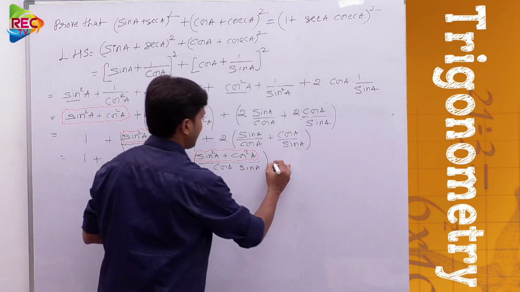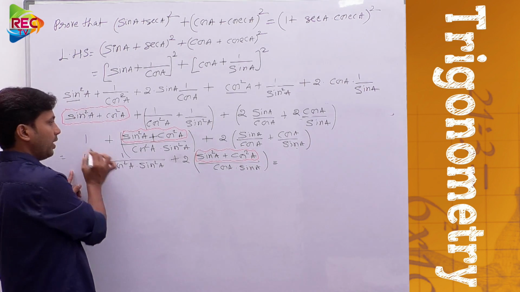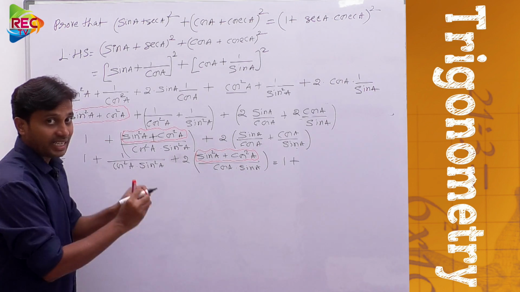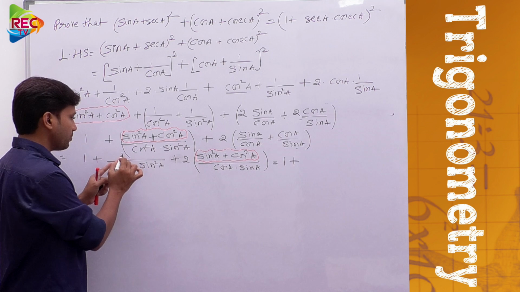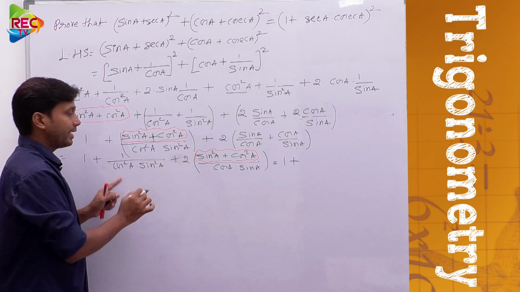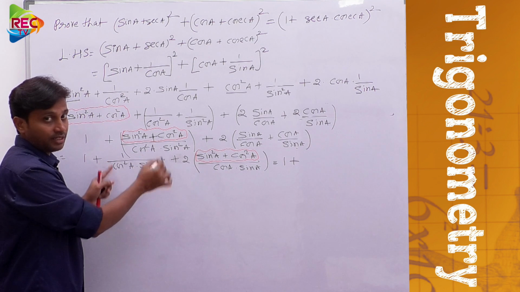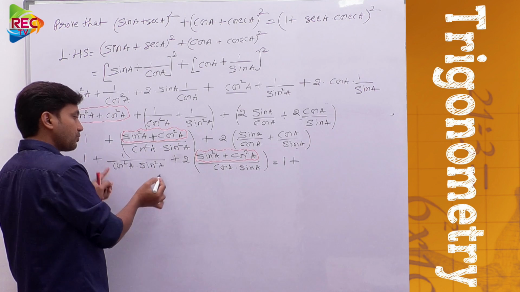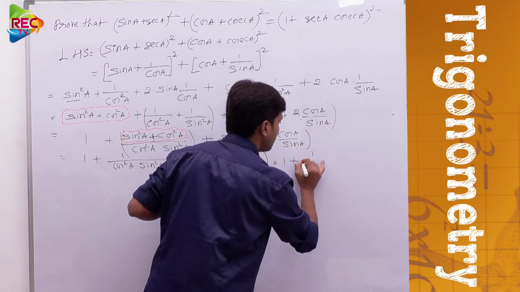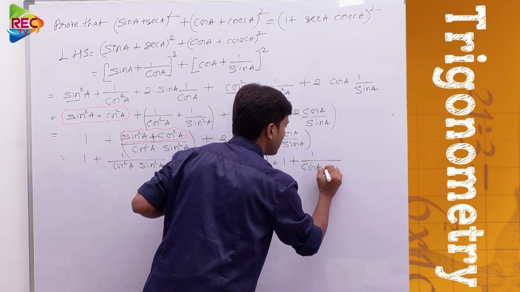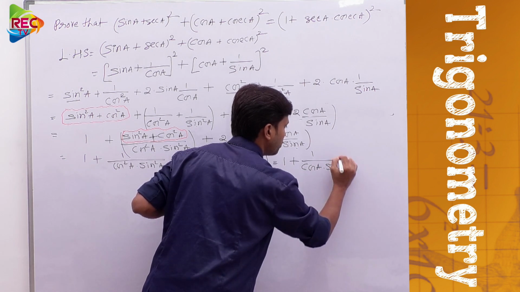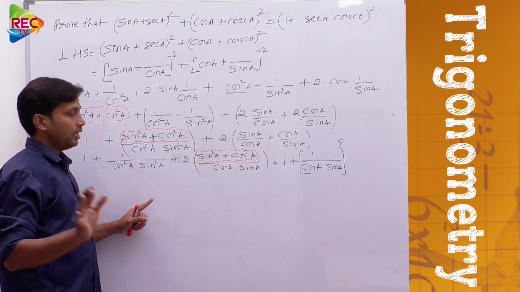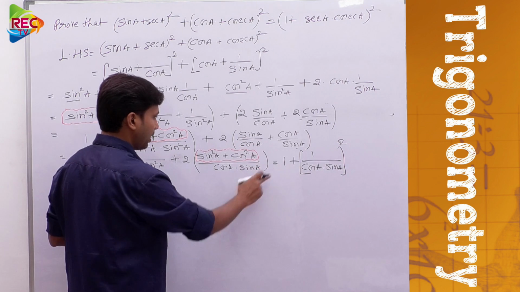Now let me write this expression once again. This is 1, I am writing here 1 plus. Now for our convenience, I want to write this term as 1 by cos square a sin square a. Can we put this square to the entire term? Exactly, instead of this square and this square, we can put the square to the entire term. How can we put? Just write down 1 by cos a into sin a. To this entire expression we can keep square.